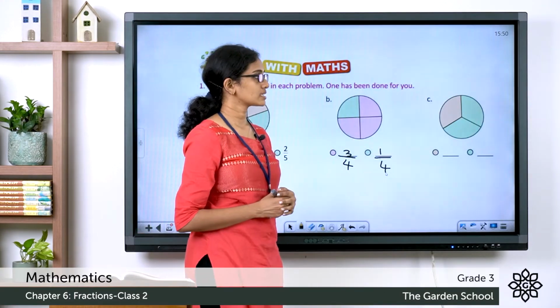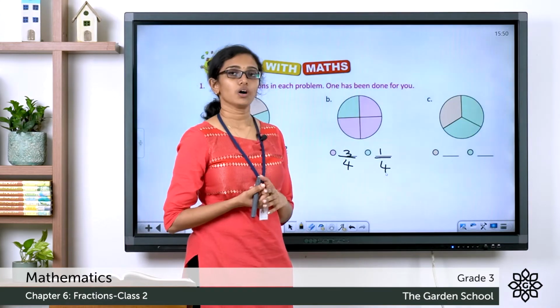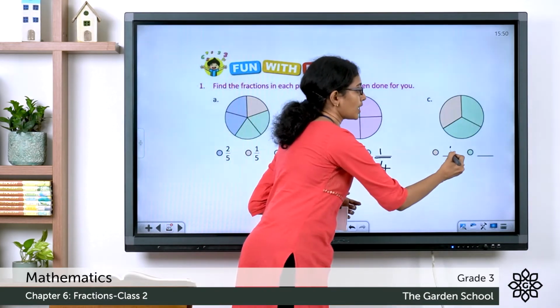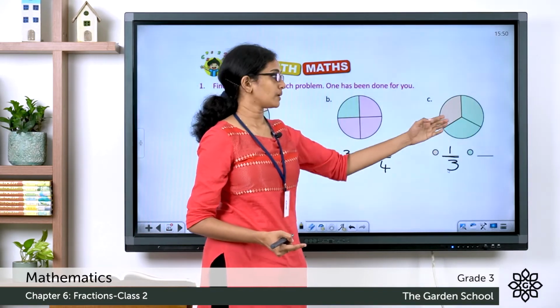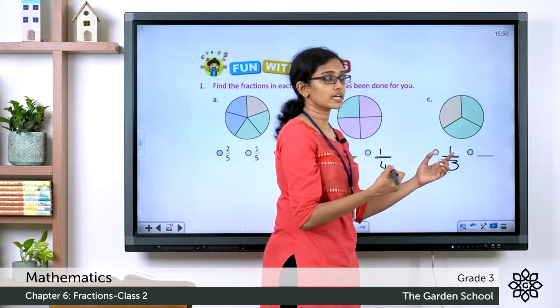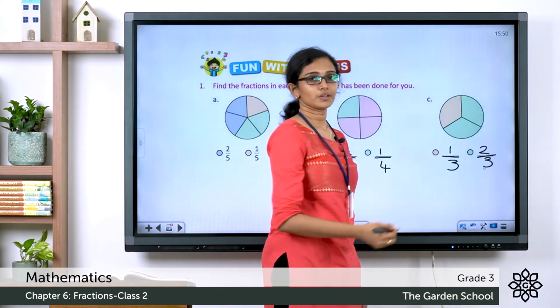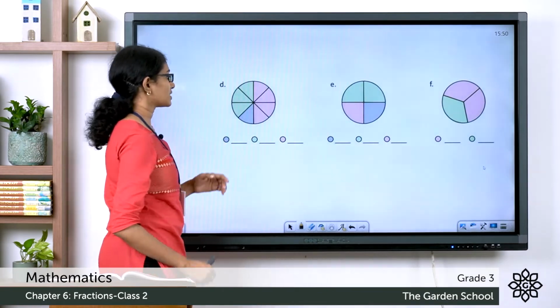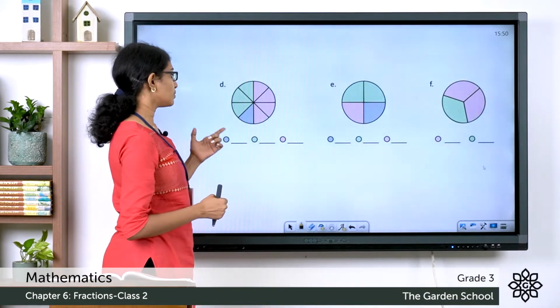Now, question C. Here there is only 1 part which is colored in orange. So, the fraction is 1/3. There are only 3 equal parts here. Now, the fraction of parts shaded in green is equal to 2/3. What about the next set of questions? Question D. Here, what is the fraction of parts shaded in blue? It is